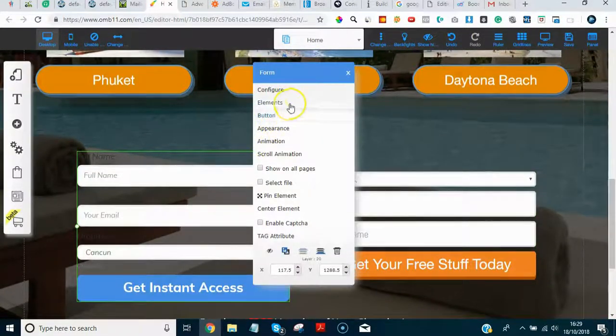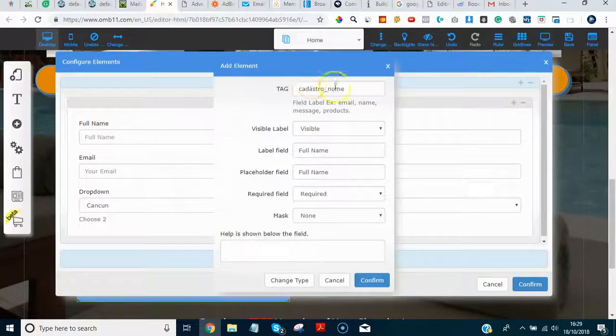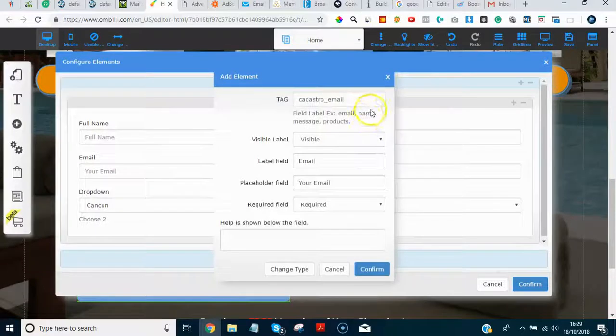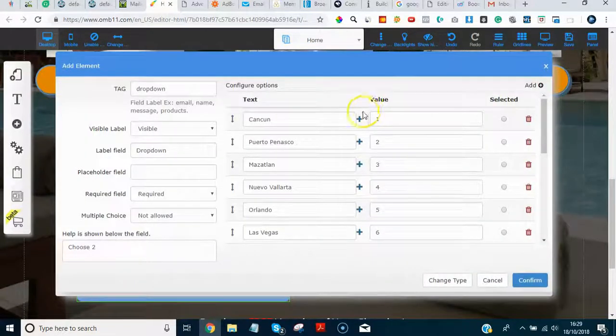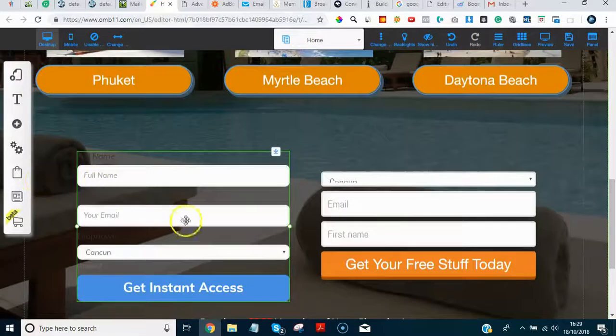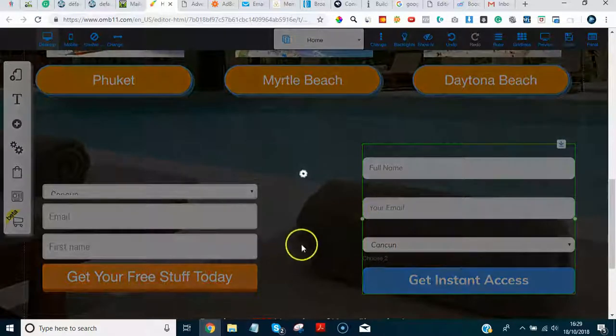Okay, so now I'm going to come over to the elements, edit the elements, and in the tag I'm going to go name underscore confirm, email underscore confirm, vacation underscore confirm, hit confirm, save,